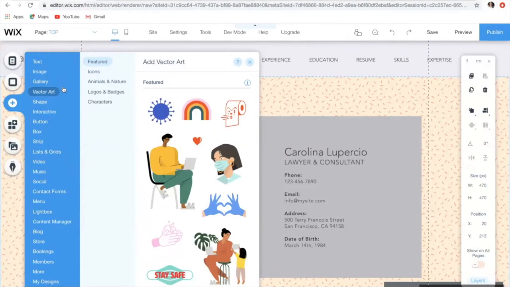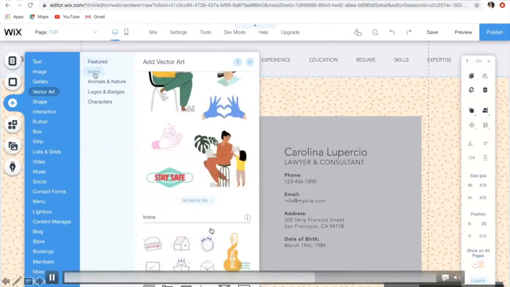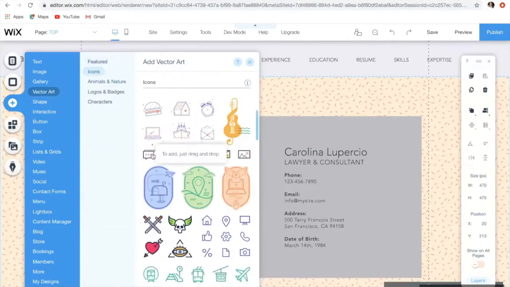You can go with the text, image, gallery, vector art, shapes, and you can even find things from the internet if you have a specific requirement, so you can download and use it in your site. Example icons, how I added my resume. Just click on it, drag it to the page where you want it to be located, and then you can add a link to it. You can add shapes,